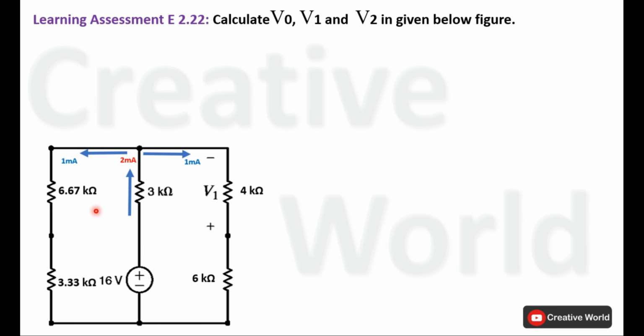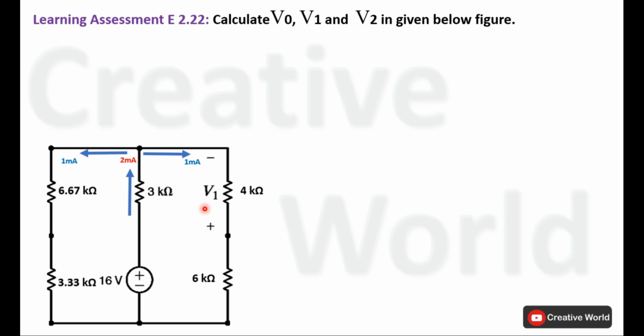This is the expanded form of circuit from previous step. We have total current of this circuit, that is 2 milliampere. This current is coming on this node and distributing among these two branches. Both branches have same value of current, 1 milliampere, and the direction of current is clockwise, and in this branch anti-clockwise. Now we can calculate voltage V1 because the value of resistance is known and the direction of current along with its magnitude is also known.